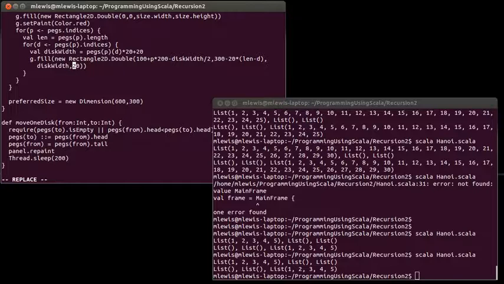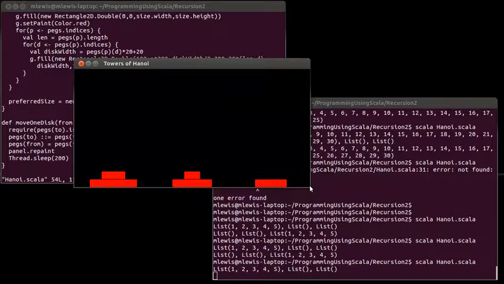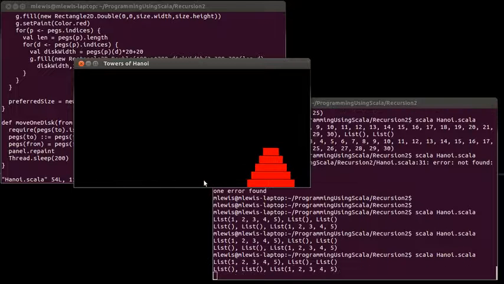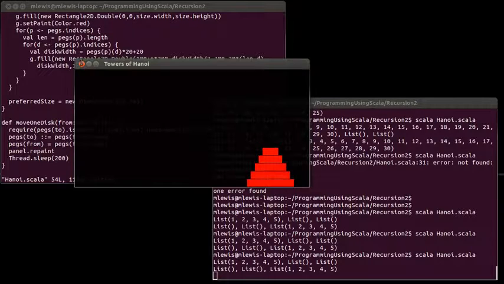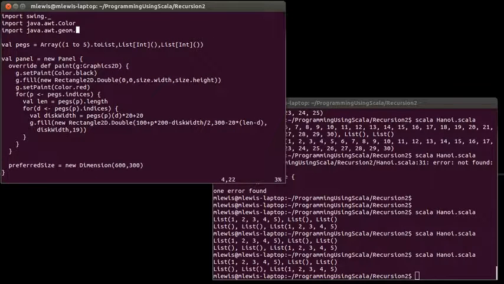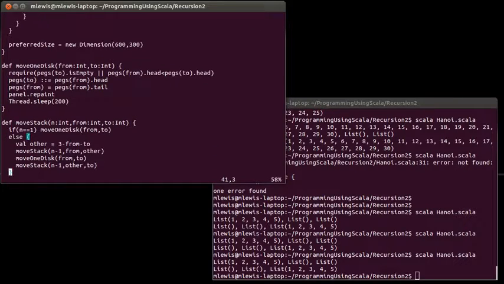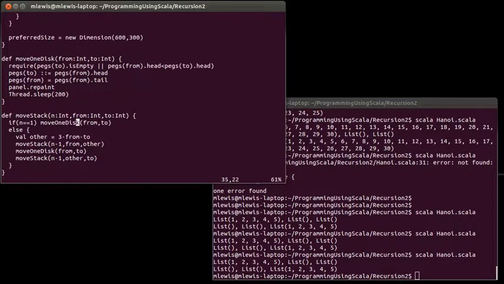I think this might be a little bit easier to see if I make the discs one thinner, so there's actually a pixel width in there. This doesn't necessarily illustrate the algorithm all that well. It probably could if I were to try to slow it down a little bit. But it might be interesting to try to put in some color coding for what move we're doing right now, so that when we come into move stack,